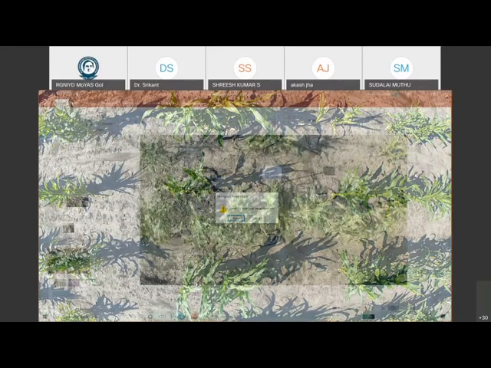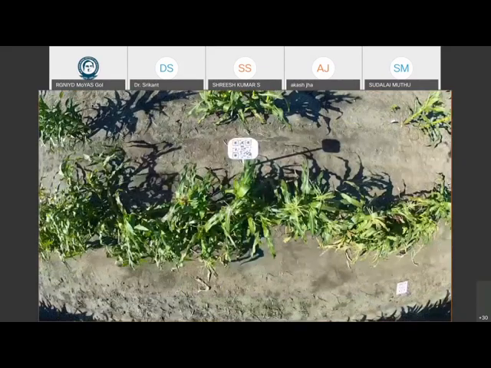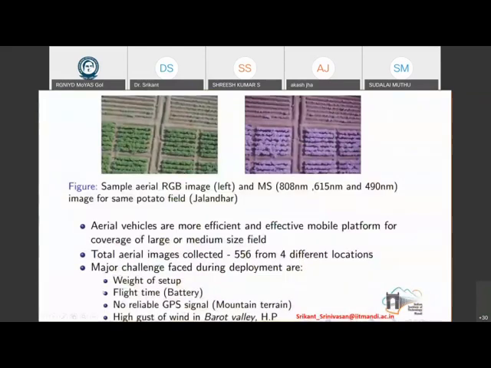On the other hand, a UAV is very useful if you want to go at a much greater height. So if I want to do an average study, a statistical study, not a plant-level study, but over a large area, what is the overall crop growth? Can I measure the total green content? Can I measure certain parameters using different kinds of cameras?